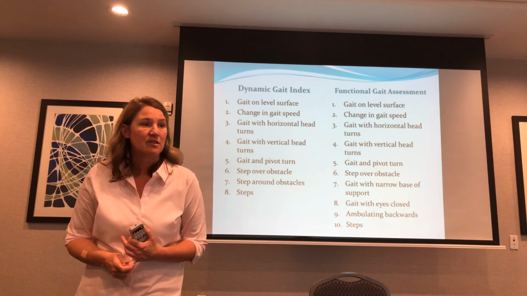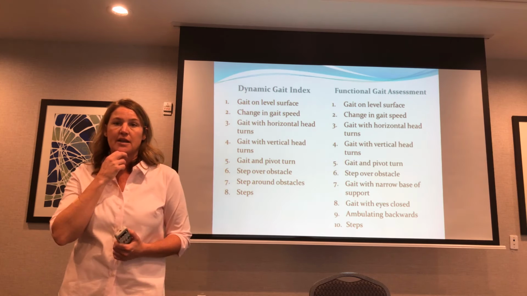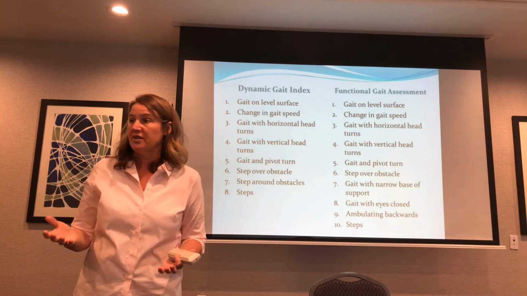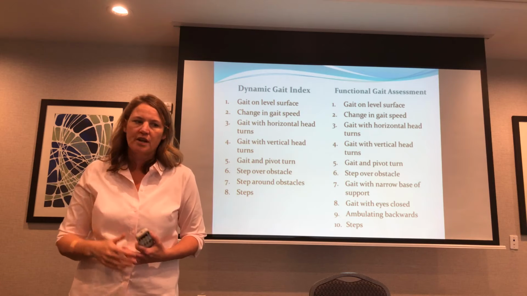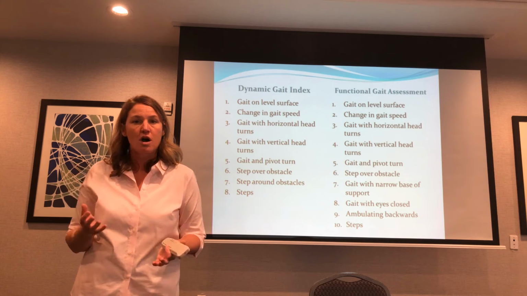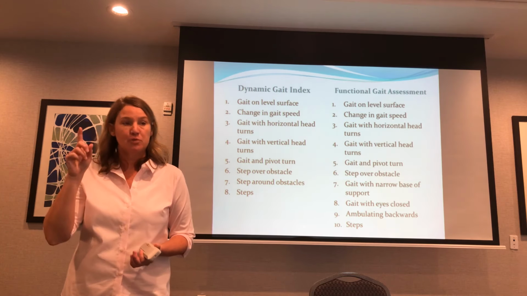Are they able to do it? And whether it's physical limitations or whether it's that they just couldn't balance and look sideways. And did they slow down? Did they almost fall and they required assistance? That's all going to affect the scoring of it. And then you do the same idea with vertical. So you have them walk, I want you to walk, and when I tell you to, I want you to look up. And then keep looking up.